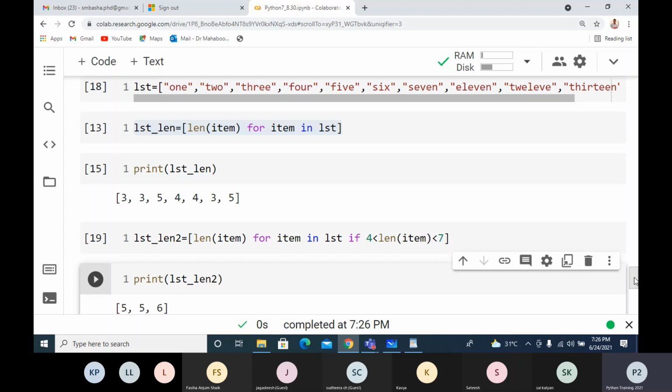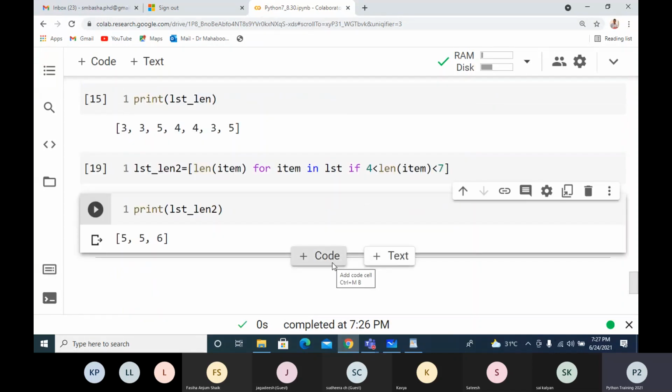And the set comprehension is almost similar. The only thing is we have to use the set symbol: instead of square brackets, you give the flower brackets, and I'll get a set comprehension. That is the change we have to make. The dictionary comprehension is a little different, otherwise it is the same.